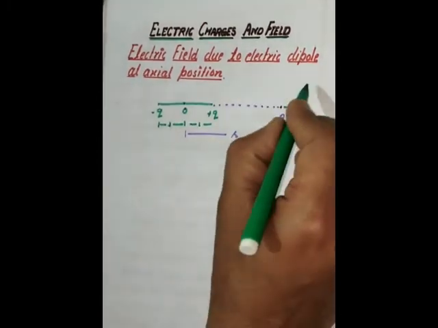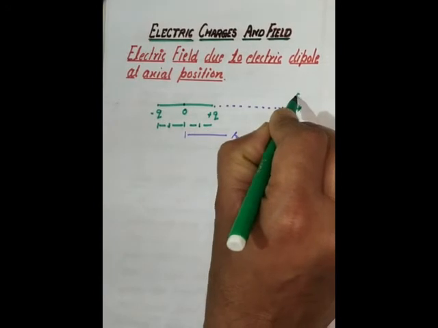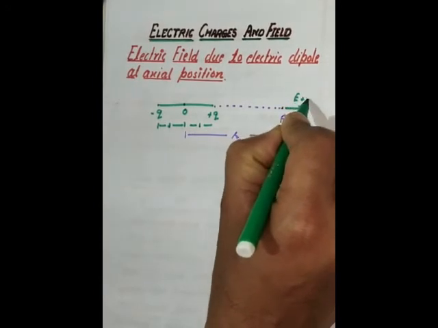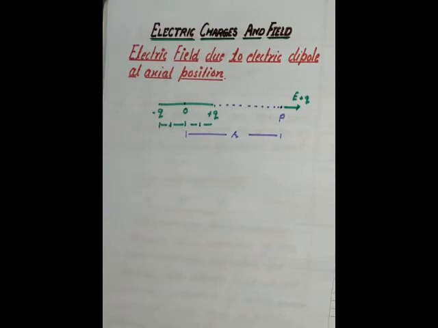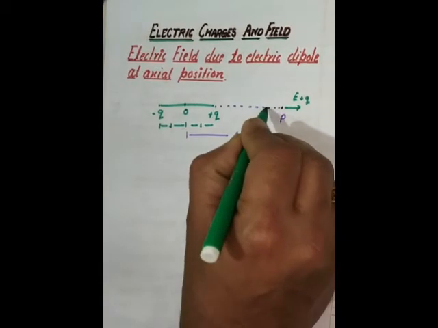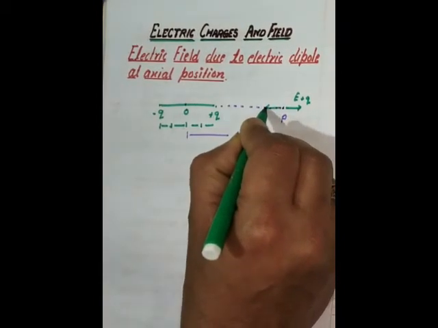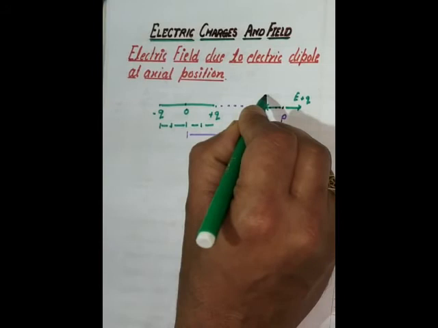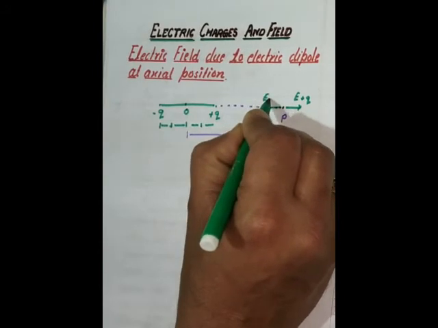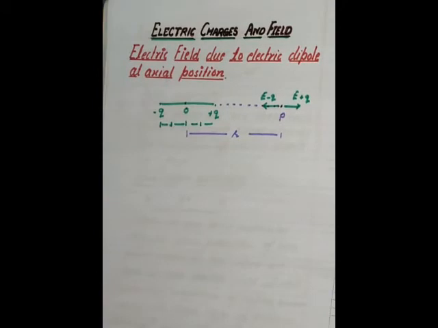That electric field should be represented by E positive Q, and by negative charge the electric field is in inward direction. It will be E negative Q. Then we have to write